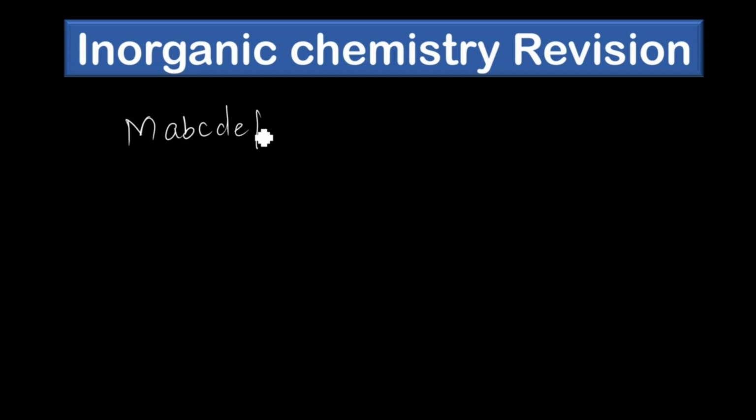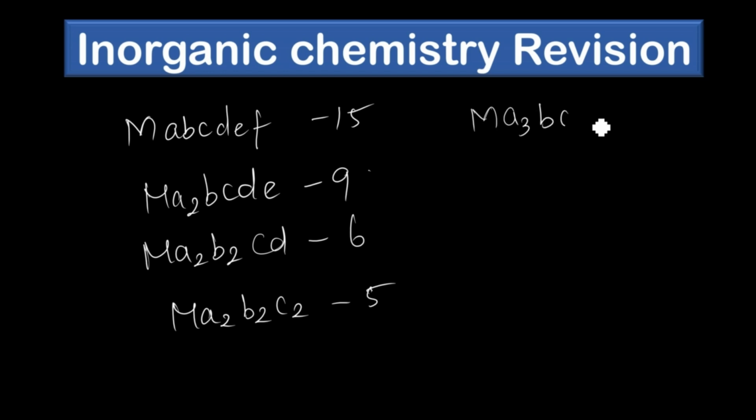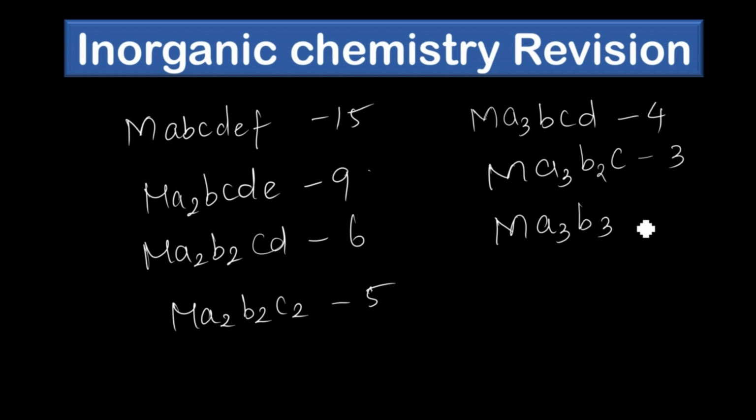MABCDEF, which is 15, MA2BCDE 9, MA2B2CD 6, MA2B2C2 5, MA3BCD 4. You can remember it, the numbers are getting decreased. Okay, so then MA3B2C 3. Then the most important type, that is the most asked type, that is MA3B3 type, that is